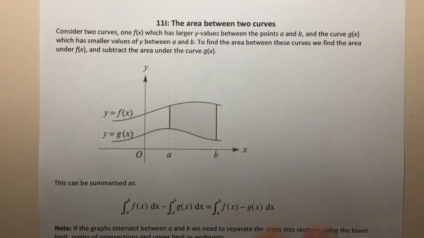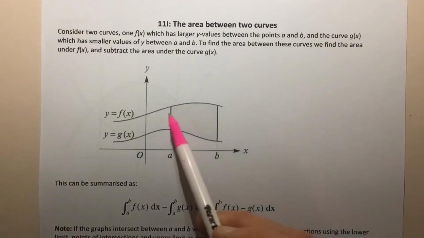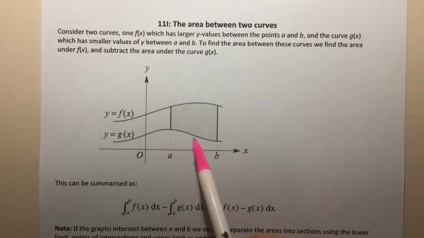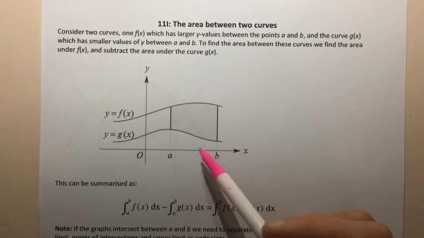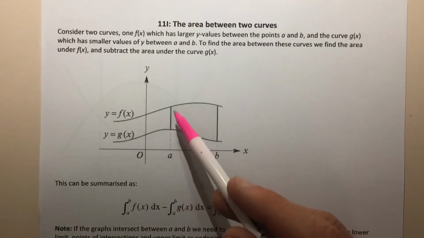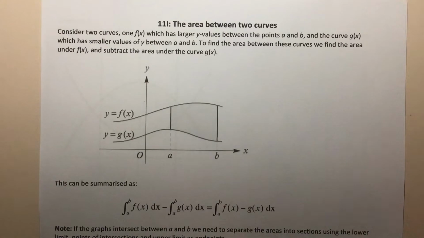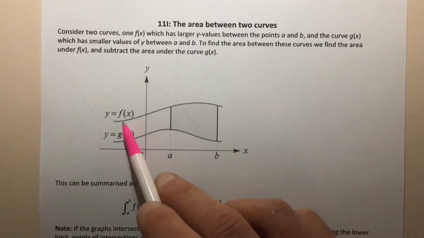If we look at this picture that we've got on the page here, and imagine that we were trying to find the area that is contained between this function f of x and this function g of x. Well, this shaded area between x equals a and x equals b can actually be found by using the area under a curve, so the area between the curve and the x-axis, and a little bit of subtraction. So let's just start by thinking, if we found the area between the function f of x